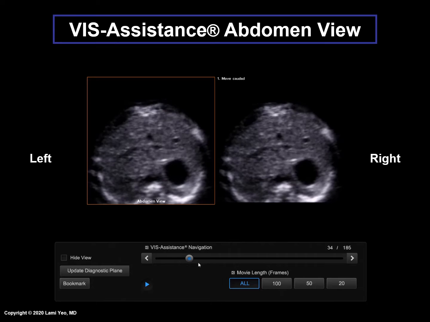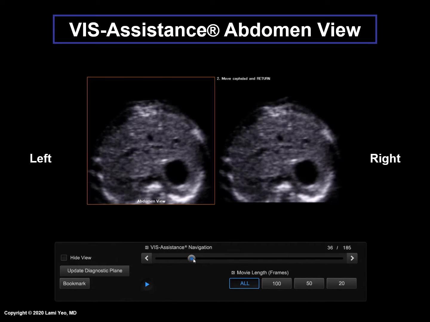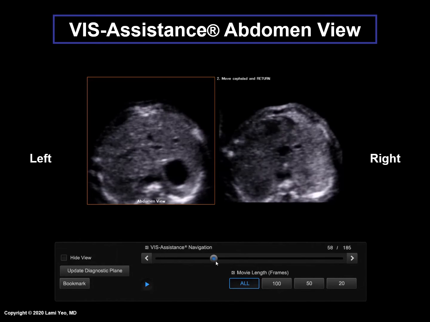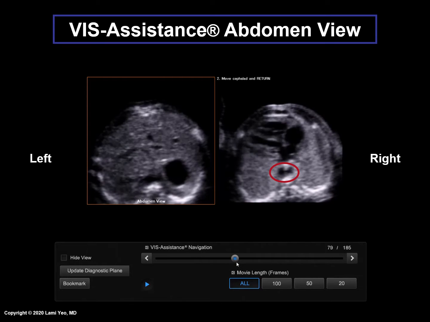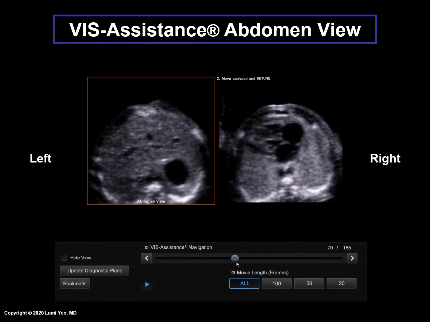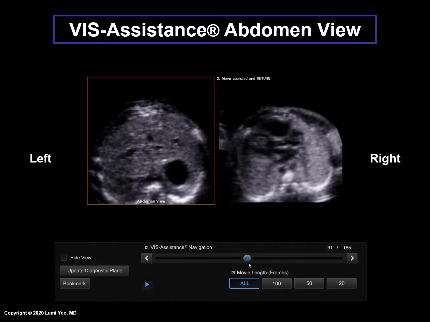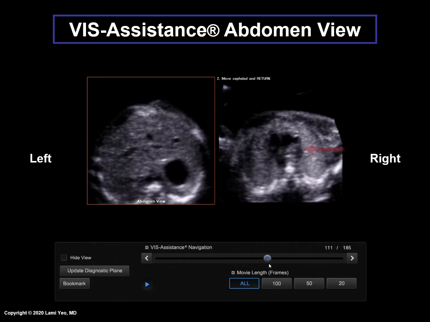As VISA navigates into the 4-chamber view, the double vessel sign appears, in which the aorta and dilated azygos vein are visualized posterior to the heart near the spine. The cardiac apex points to the left side of the chest. Finally, as VISA continues to navigate more cranially, the vertical azygos vein is seen draining into the superior vena cava. Putting everything together, this is a case of asplenia and interrupted IVC with azygos vein continuation.